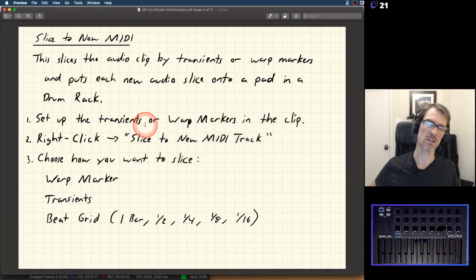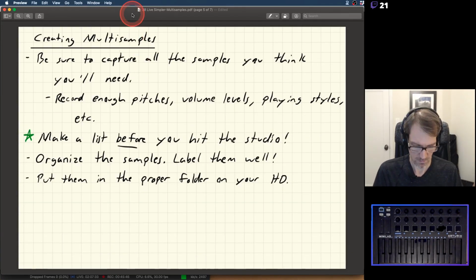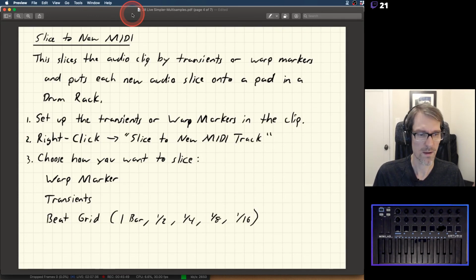You can set up the transients or warp markers in the clip if you want to, or you don't have to do it. You can just do what I just did and just kind of leave it up to however Ableton Live defines those. All right, we're not going to talk about multi-samples today because it's like a whole different ball game. But we'll come back and talk about that tomorrow or next week. All right, so